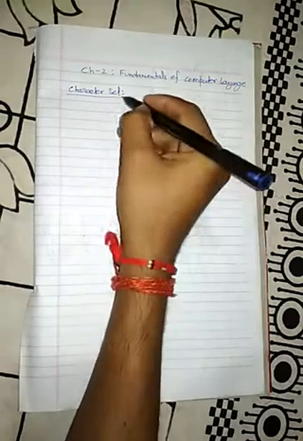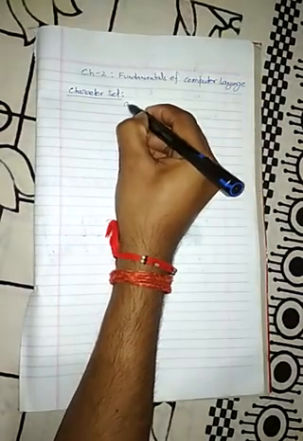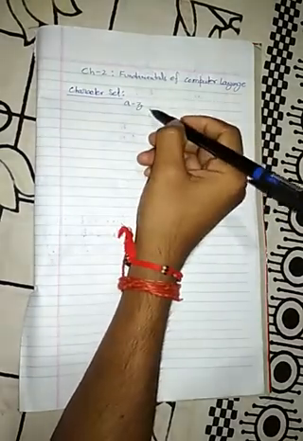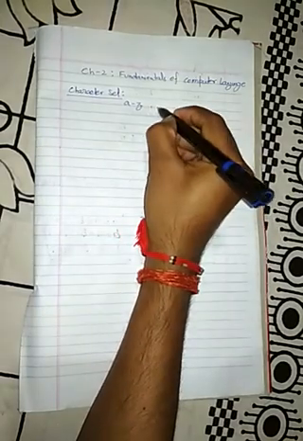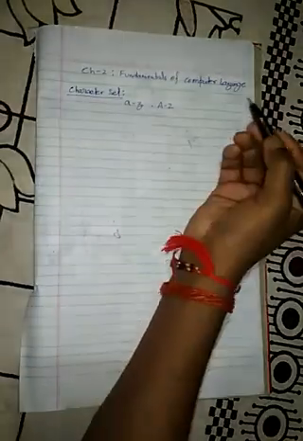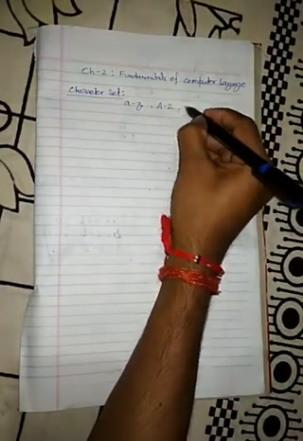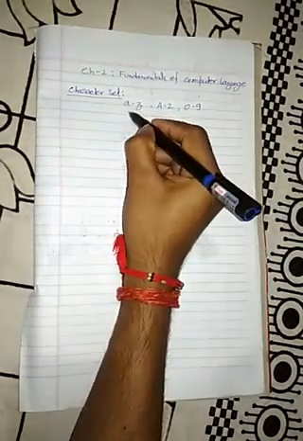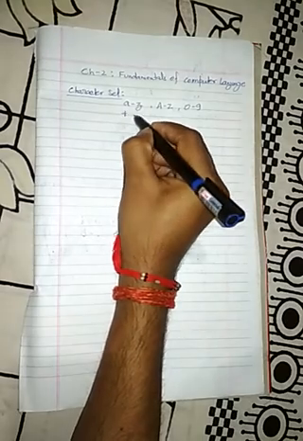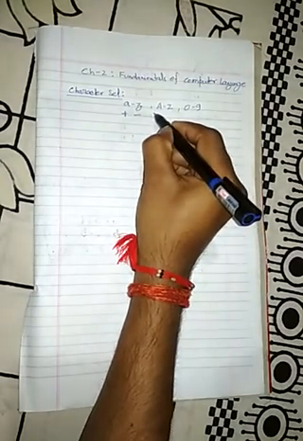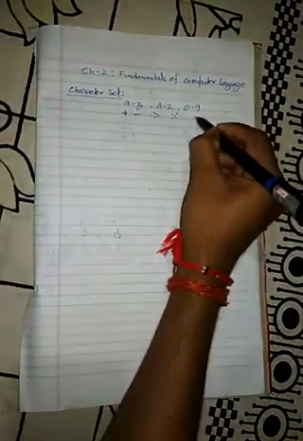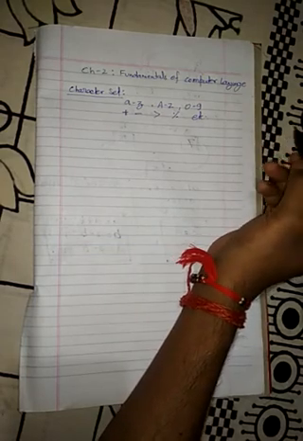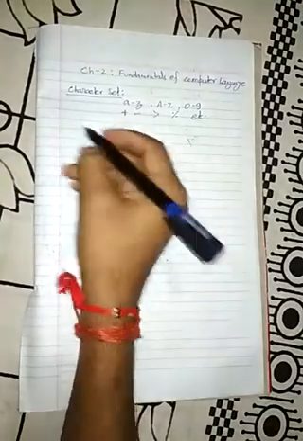It means, like we use small a to z in the computer language, this is considered as character set. We can use capital A to Z, it is also known as character set, or we can use 0 to 9, or any other special symbol like plus, minus, greater, percentage, etc. All these characters are considered as character set. Okay, the next concept is